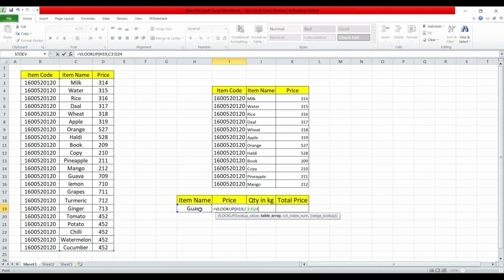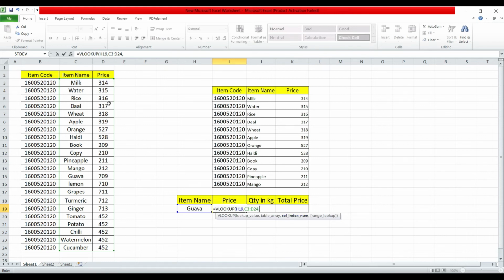The data you want to look up should be in the first column. Here I have selected only two columns, and out of these two, my guava, the item name, is in the first column. Separate with a comma, then comes the column index number.